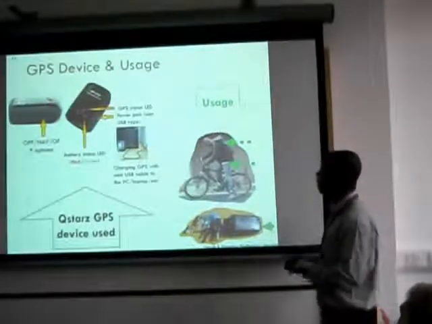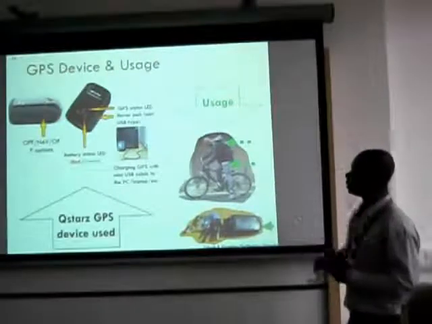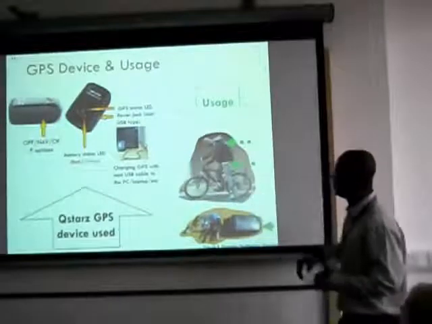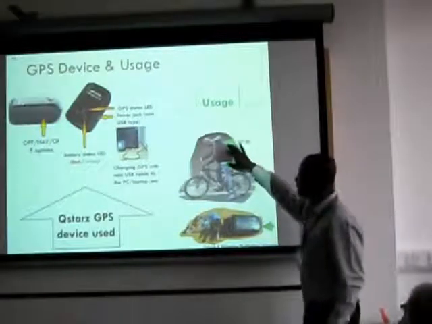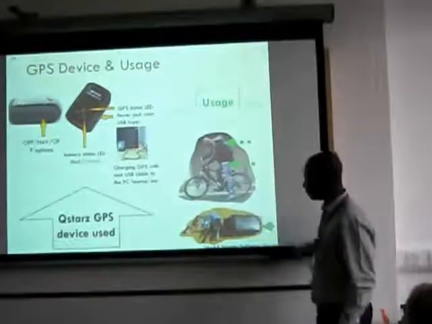And the participants were given something like this in the leaflet, and then they were introduced to how they could switch it on and off and stuff like that, the meaning of all those LED indicators. And also they were advised to place it either in the top compartment of the bag or in the pocket or on the key ring.